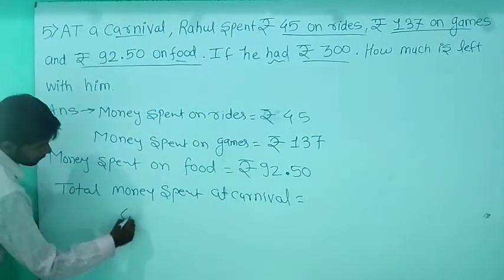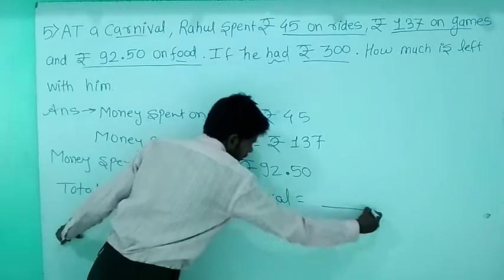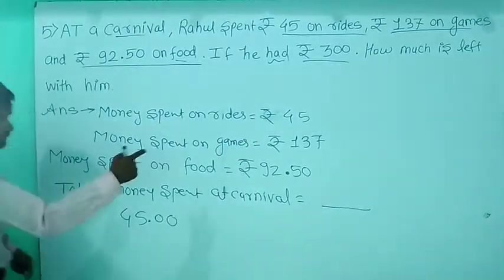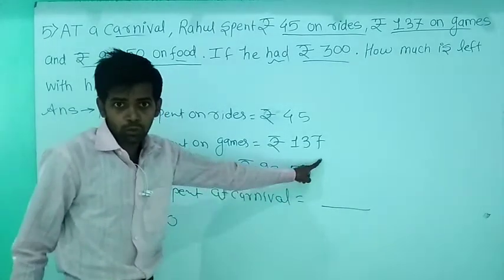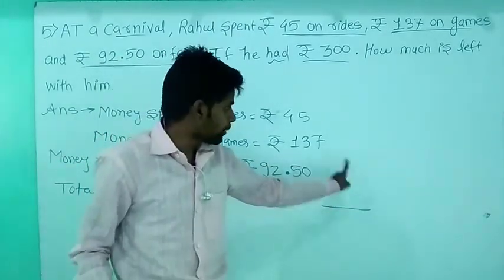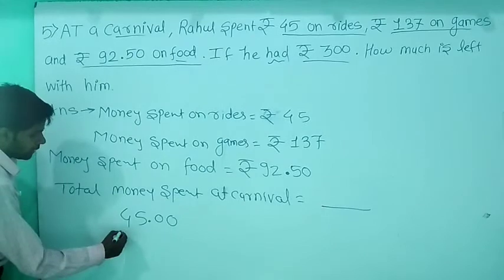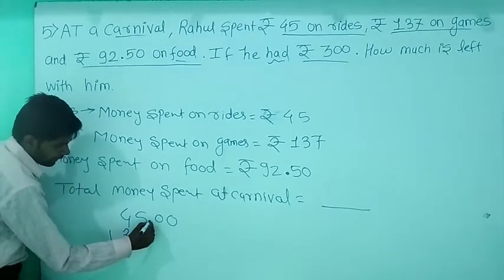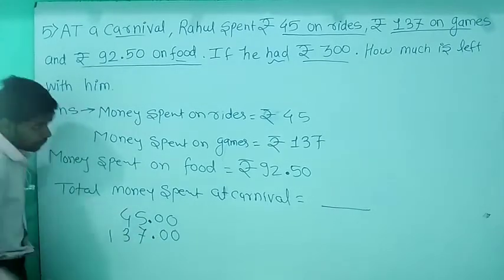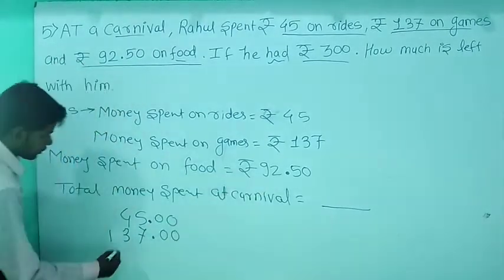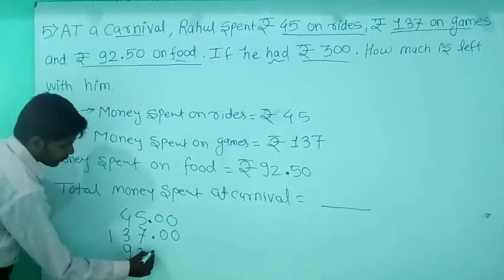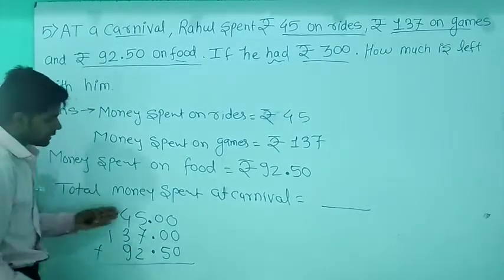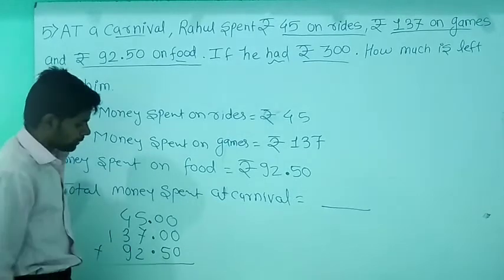We will add 45. We don't know here. Okay, 45 rupees 00 paise. It is 137 rupees. Okay, there is not a पैसे, तो उसके सामने पॉइंट हमको लगाना है। ठीक है, ध्यान से 137 we have to write 137 rupees, पॉइंट के नीचे बराबर पॉइंट एंड 00 पैसे, and this is a 92 rupees and 50 paisa. When we will add these 3, we will get the total amount which is spent on